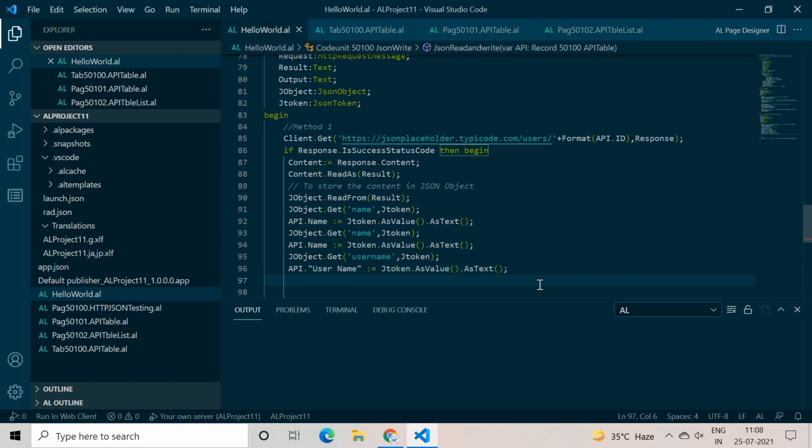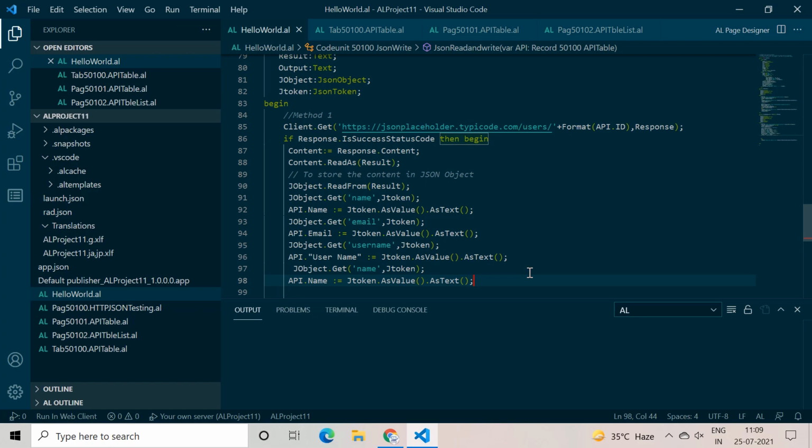Let's paste it again. Here we have email also, so we can type email. This is my table field, email. All right, so we have done this. Now let's say I paste it another time, and if I write here street, and here I type street,